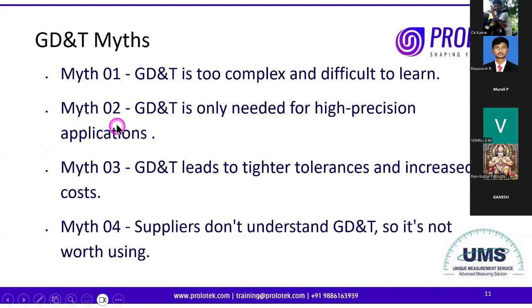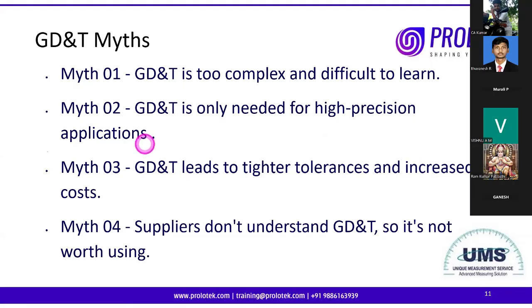Then the second myth many people think of is that GD&T is only needed for high precision applications. It is not so. Even for simple parts, if we use GD&T, we can reduce the cost of manufacturing. In one of the sessions, when Joshua was explaining position tolerance, he took a part with two holes. He gave positional tolerance and he explained what would happen if you don't give positional tolerance, and if you give the coordinate dimensioning system, what would happen, right? That rectangular block with the two holes was a very simple part. But when we use GD&T, we take advantage of the tolerances and we can reduce the cost of manufacturing.